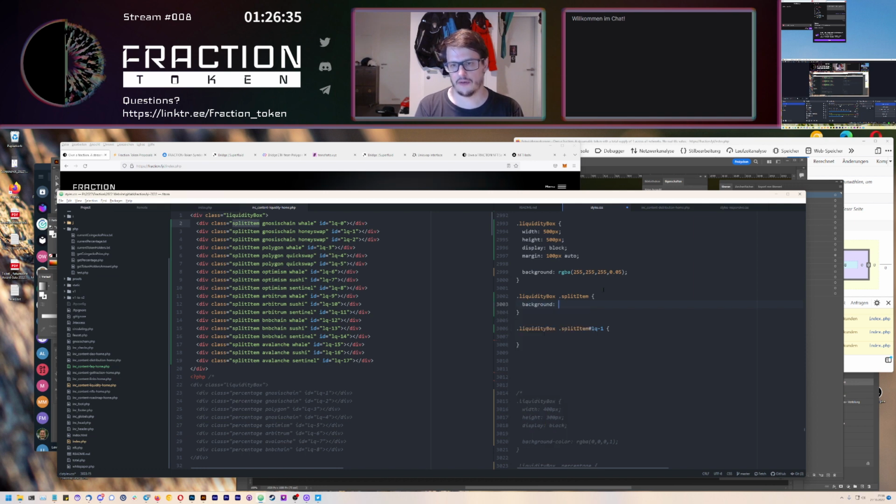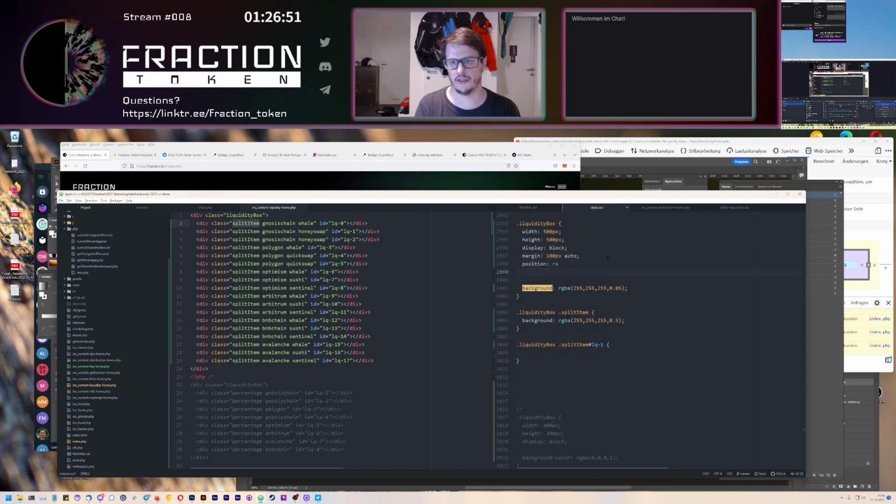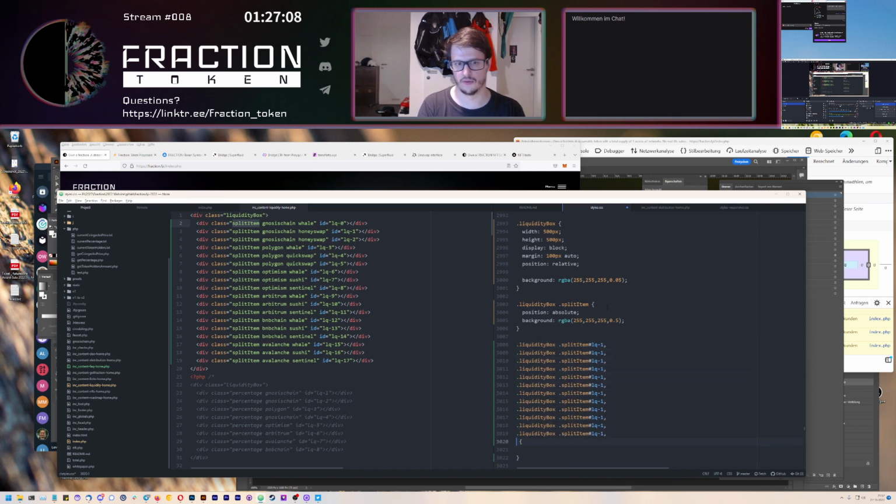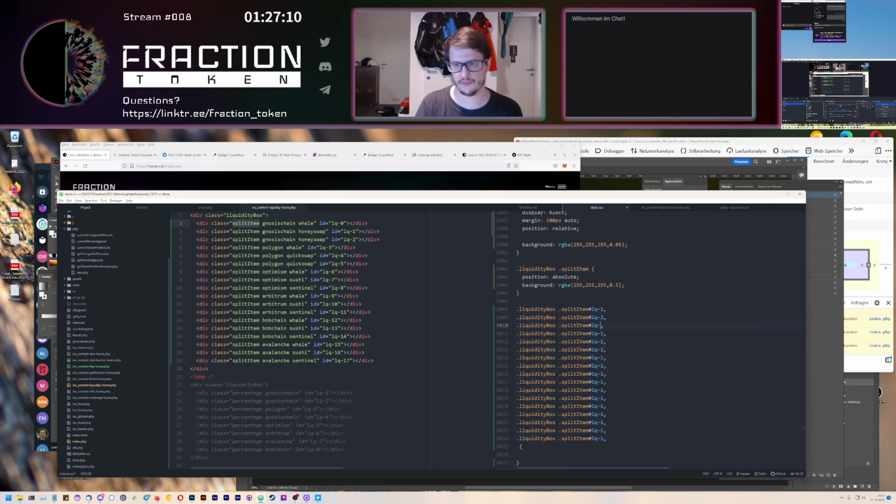So background, we also give that white, but a lot more, so we can still see if others overlap. Then we have this here, position relative, and this here is position absolute, because we're going to position them all separately one by one. Then we're going to hide all of the others we don't want right now. So I just then delete one row at a time,